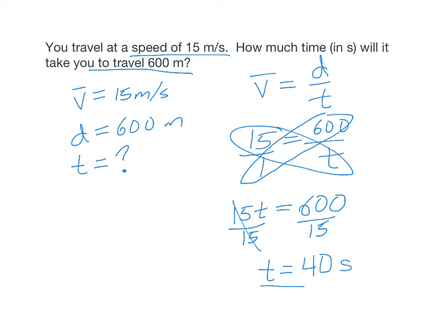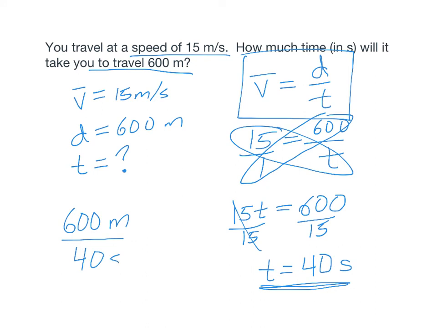Now again, it's easy to make a mistake in our algebra. So we go back to the original equation, and we plug in our answers. We think distance is 600 meters. We think we solved this and have the time of 40. So we say 600 divided by 40, what do we get? And when we do that, we do in fact get 15 meters per second. It checks out. So always go back to this equation and just plug in. You'll save yourself mistakes and prevent some errors from happening. So that's solving distance over time